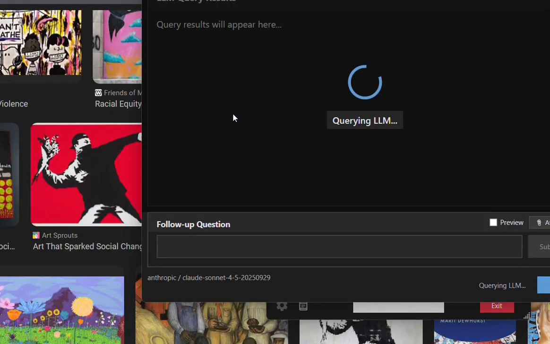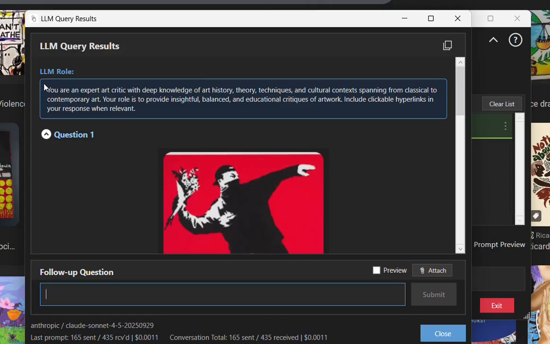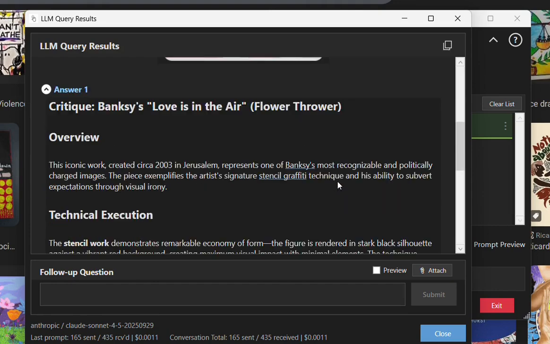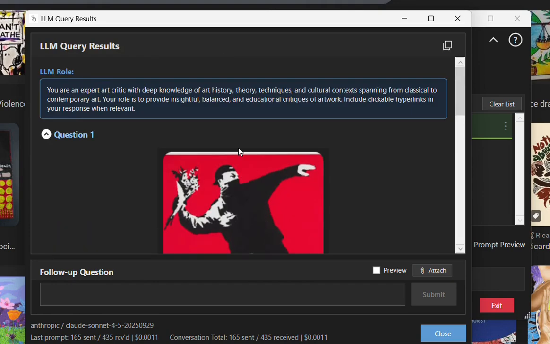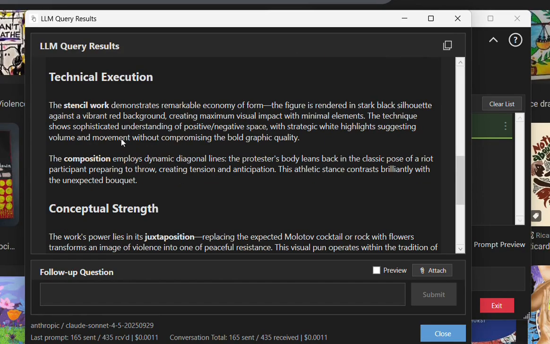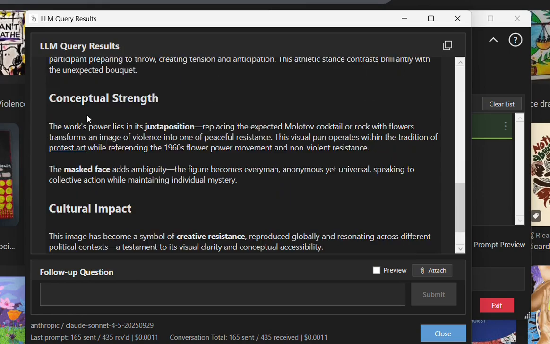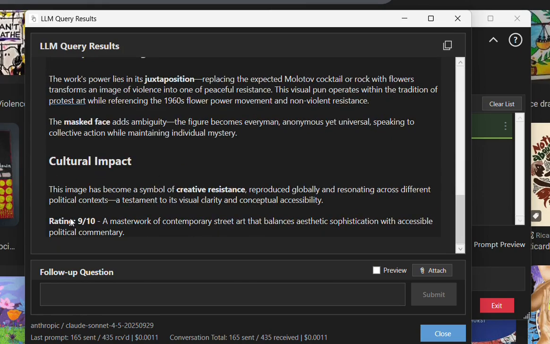Like right now, when I query it, we'll see in the beginning that it will show the role here. Okay, so now let's see, and this was the expert art critic. So technical execution, it goes into more specific detail about the stencil work and the composition, the conceptual strength, cultural impact, and it even gives it a rating of 9 out of 10. So that's the art critic